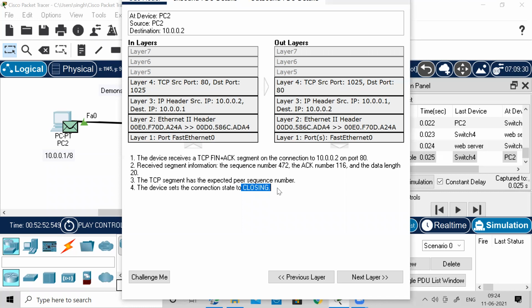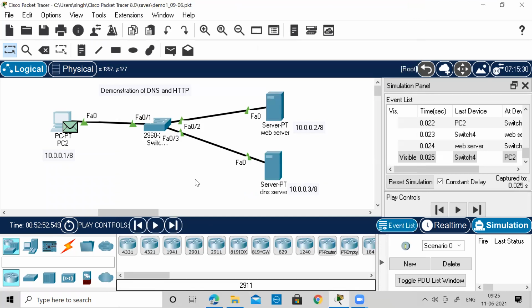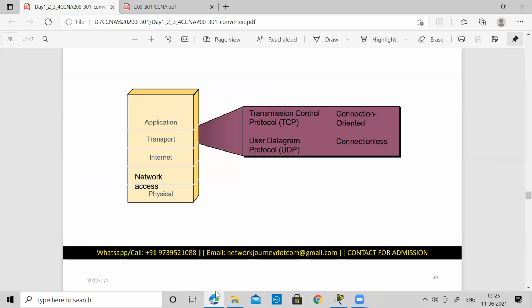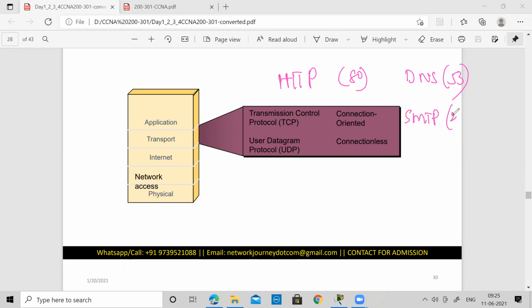Most of the protocols are paired with either TCP or with UDP, depending on whether you need that kind of thing or not. So I just showed you two examples, the DNS thing and the HTTP thing, which use the UDP and the TCP protocols. And the set of some standard port numbers: if you are using HTTP, you will use port number 80. On DNS, you will go for port number 53. For mail transfer, SMTP, the port number is 25. For file transfer, it is 21. Then you have for telnet, which is 23. For SSH, it is 22.